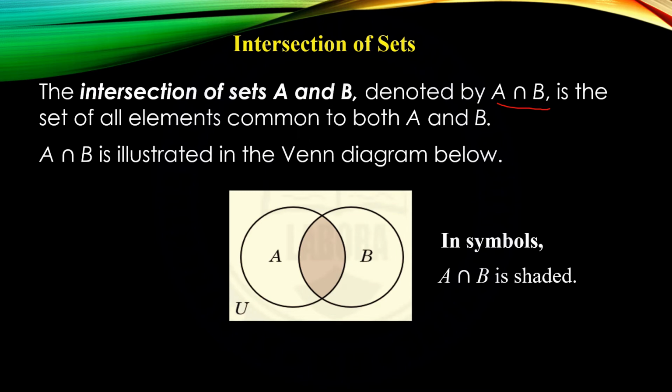This shaded part is being described by these symbols. So A intersection B is not equal to the null set. For example number 5,